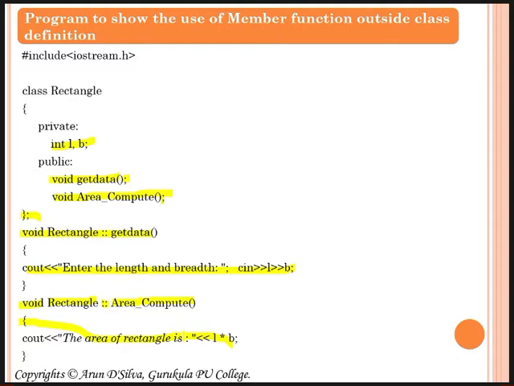The difference between these two programs is that in the first, both function definitions are inside the class, whereas here both functions are outside the class. This is the only difference, and both functions work the same way. The working and the execution are the same.